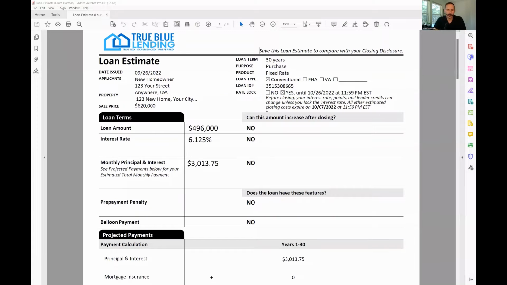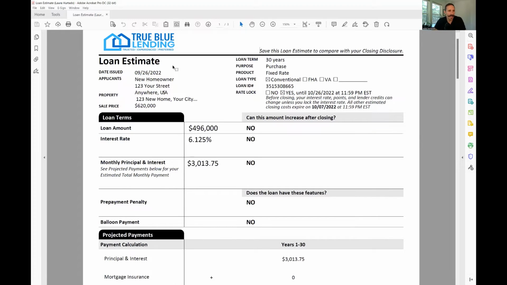So I'm going to share my screen, and let's see here. We'll get the loan estimate up. Okay. So this is your standard normal form loan estimate. It's broken down into some pretty easy to understand pieces. So in the top, I would say, quarter of the page, it's going to be your